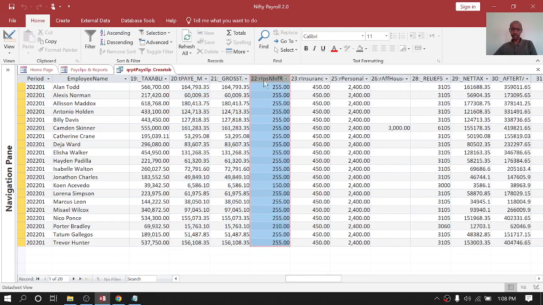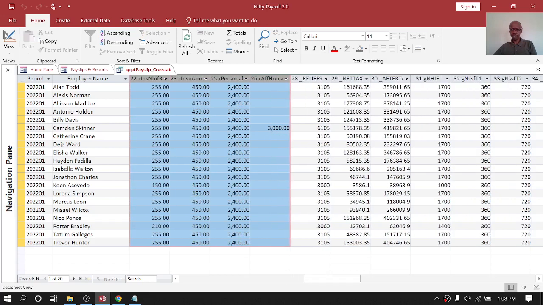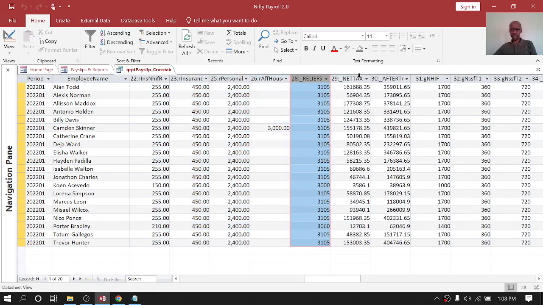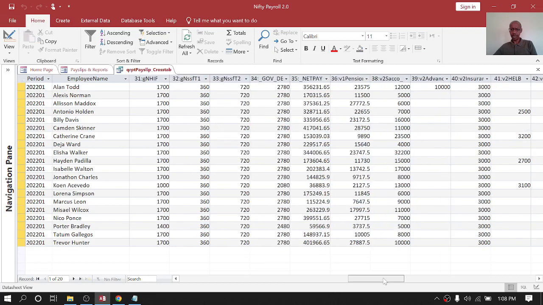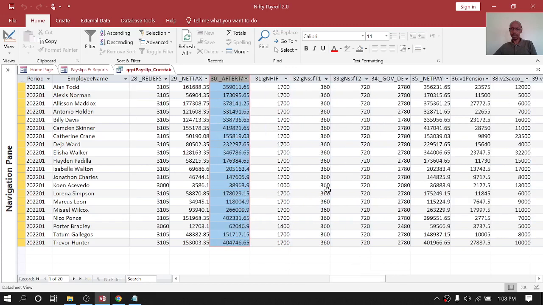And then you have your reliefs with R. So you have your NHIF relief, insurance relief, personal relief. In this case, we have affordable housing relief. So you have your total reliefs, your net tax, then you have after tax pay, then you have your two